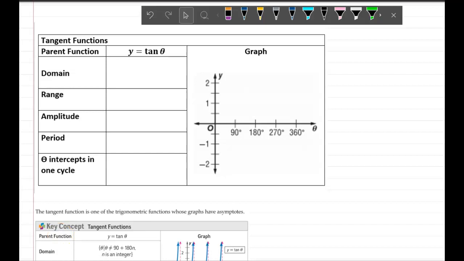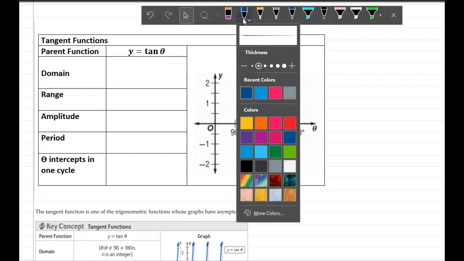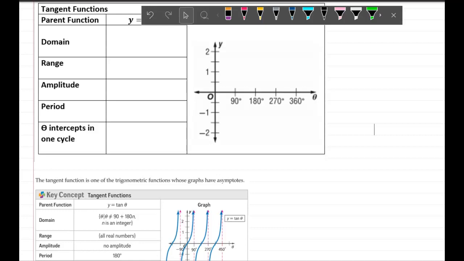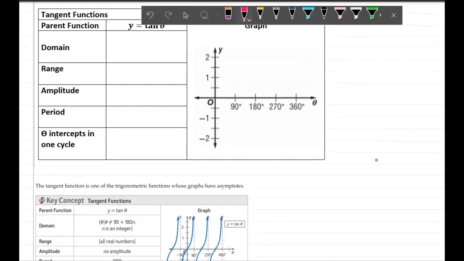The tangent function is going to look a bit different than cosine and sine. The first thing that you'll notice is that there are going to be these vertical asymptotes periodically. It will repeat just like the sine and the cosine, but it's going to look different. We're going to have an asymptote at 90 degrees. And you might recall from our rational functions that the asymptotes are actually these imaginary lines that the graph approaches